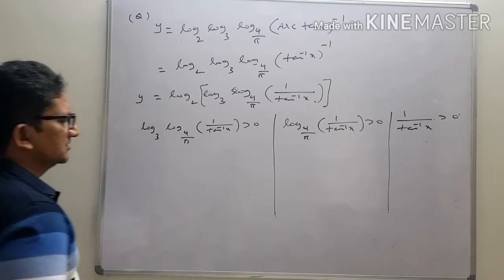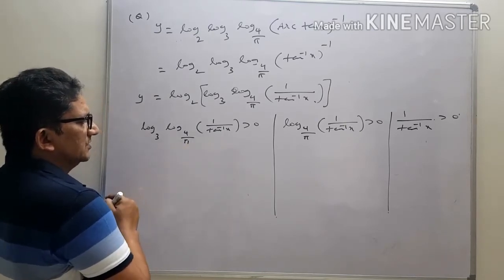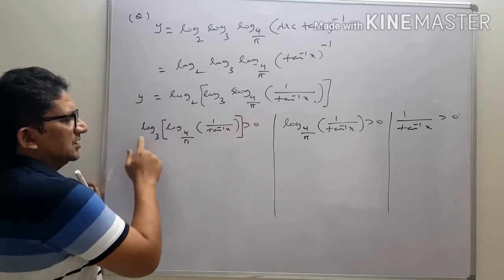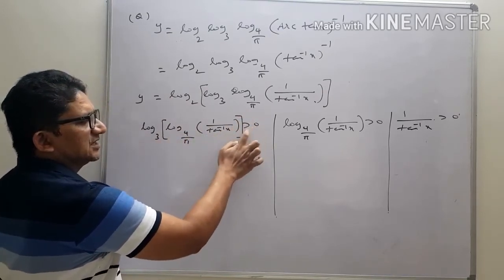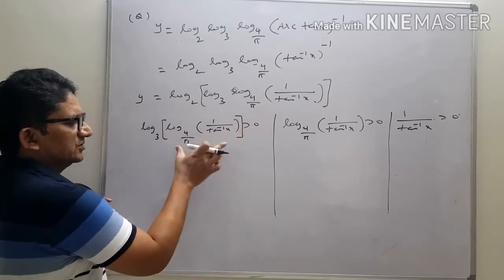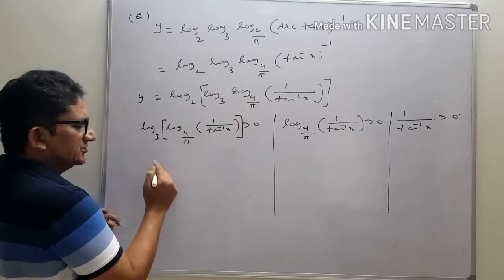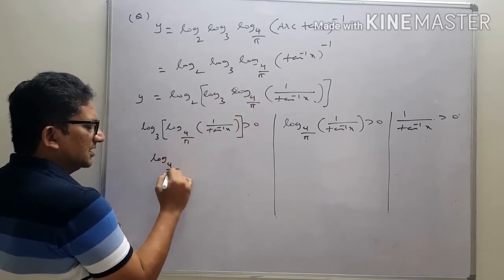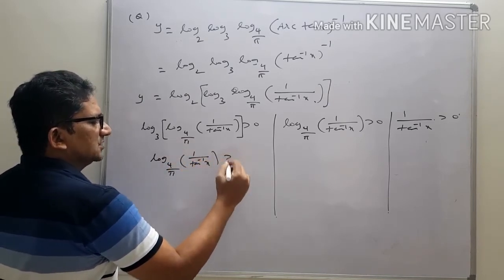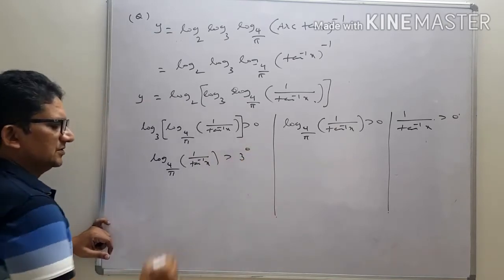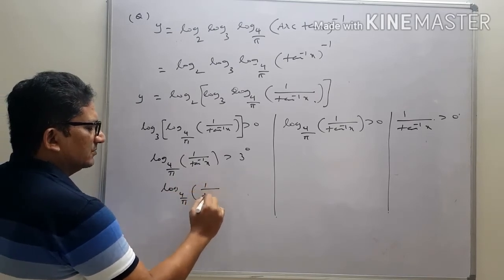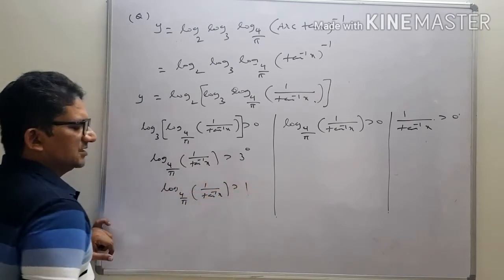Now, we will check first this one. To solve this, again we will fill the inside function as x. Now, we got logarithm of x to the base 3 is greater than 0. So, base is more than 1, same inequality will be maintained. So, then this x value should be greater than 3 power 0, means x value is here log 4 by pi, 1 by tan inverse x is greater than 3 to the power of 0. So, that is logarithm of base 4 by pi of 1 by tan inverse x is greater than 1.